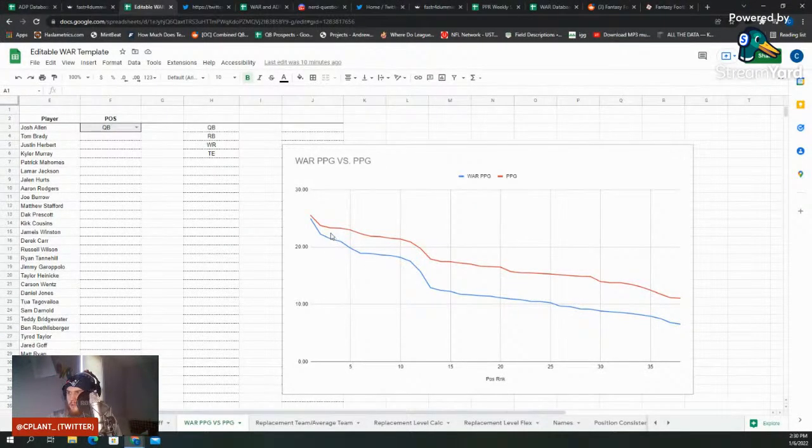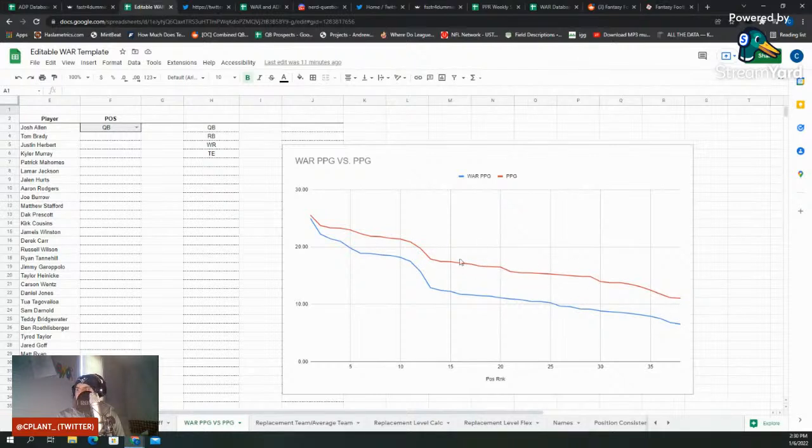So you can see how at the top, the difference between WAR value and points per game value is closer. Then all of a sudden, over here, it's a bigger valley, a bigger difference than it is up here, right? So what this is telling us is that if you were to just go off of points per game, it's making us overvalue all these quarterbacks,